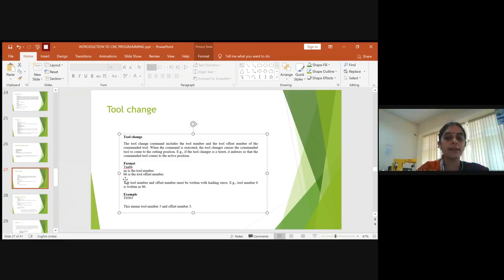And double b will always provide you the tool offset number. For example, the tool number is 3 here and the tool offset number is also 3. So this means that both the offset and the tool number are 3. So the tool change format has both numbers the same, the tool number as well as the offset number.